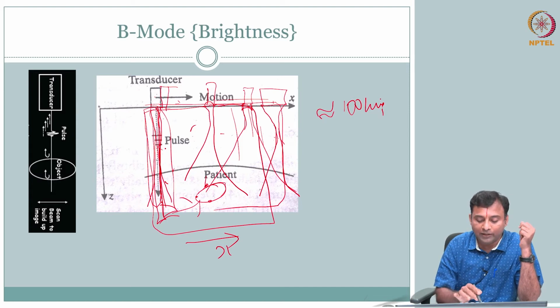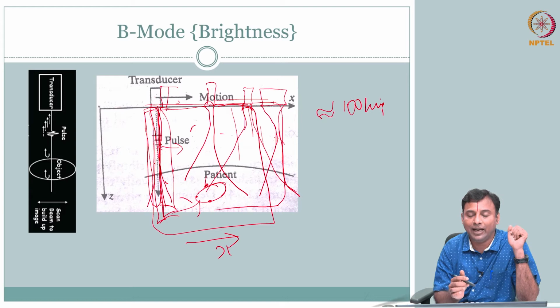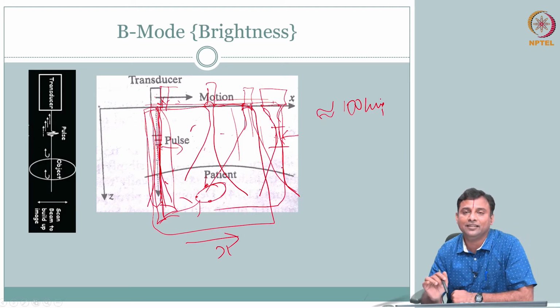So if I want a good resolution in the lateral direction, I have to have as narrow a beam as possible and I have to step as fine as possible. All that is going to take more pulses. And if you do your beam width shaping, you can only do the shaping so long. If you get it narrow, it is narrow only at this location, where you will probably have a reasonable narrow width. Anything beyond that, it is going to diverge again. This is the complexity.